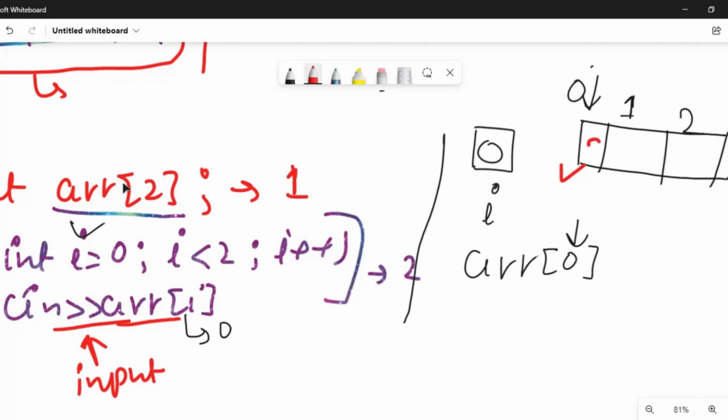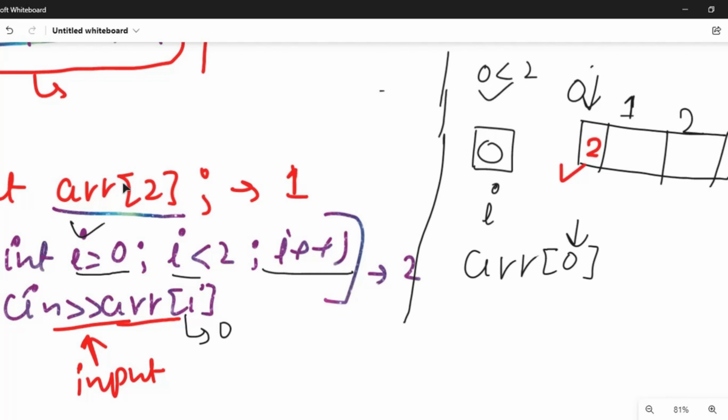For example, I have taken the input to be 2. Now the condition is checked: 0 is less than 2. Yes, the condition is true, so this statement is running.